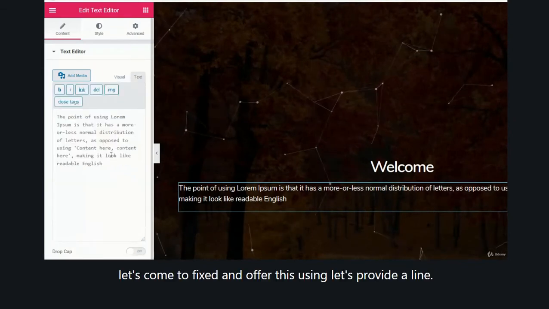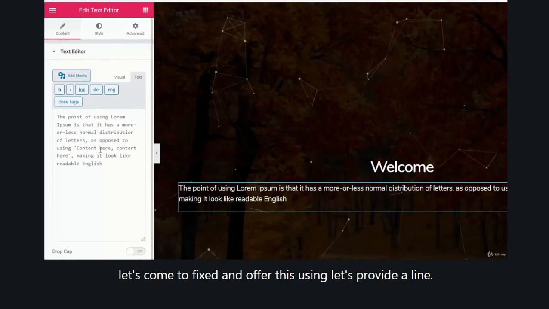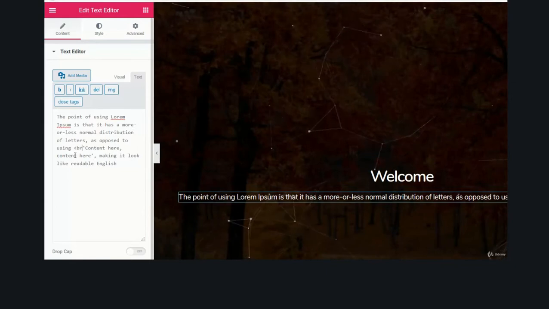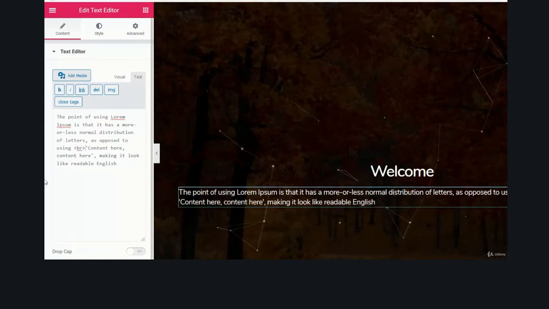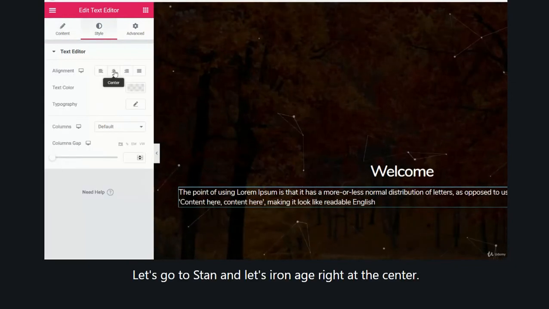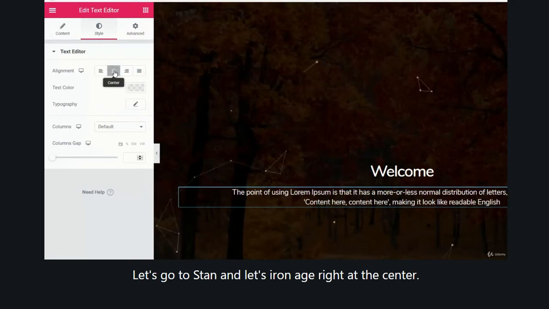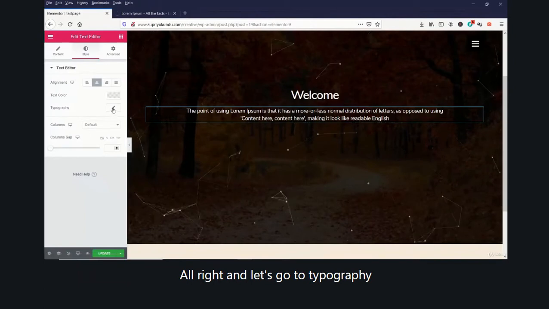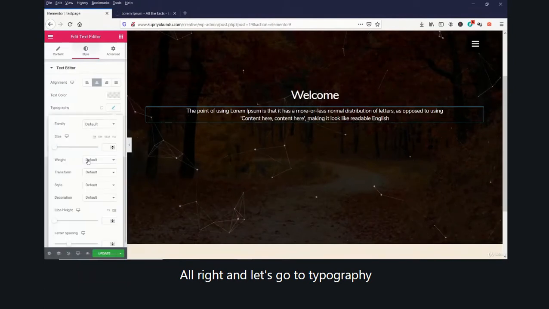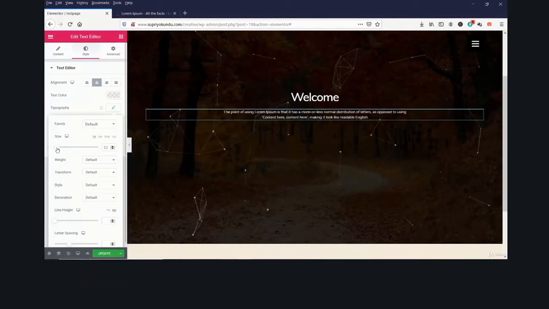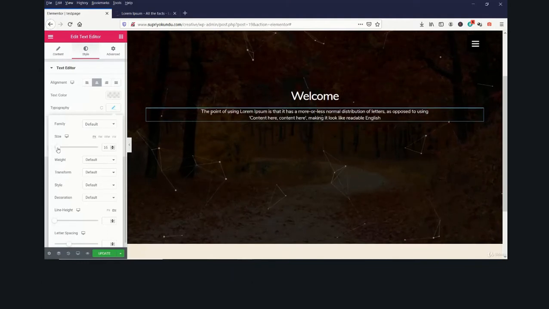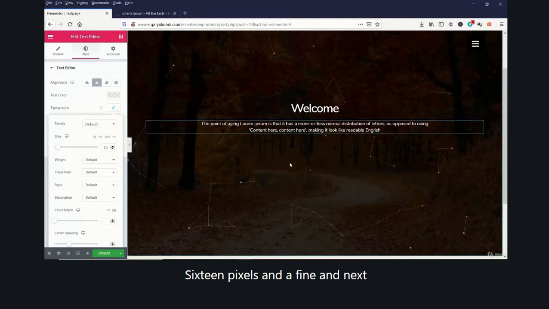Let's come to Text, and let's provide a line break. Let's go to Style and align it right at the center. And let's go to typography and change the style. Let's make it 16 pixels, kind of fine.